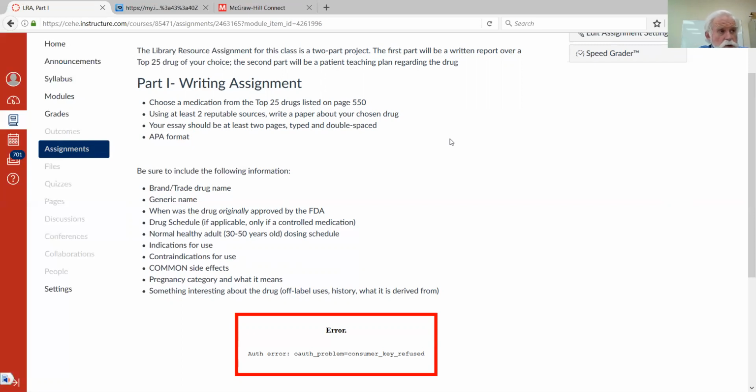I will guarantee you, any of the drugs on that list, you can find 80,000 pages worth of information. Your problem is to distill out of that what you need to know to answer the information that's down here on the bottom, which is brand and trade name. Well, what is a brand or trade name? Well, that's the name that